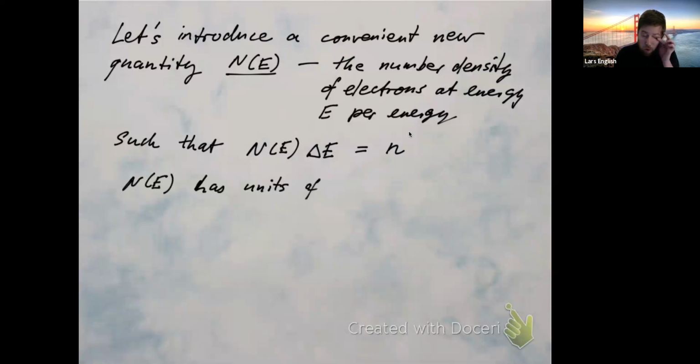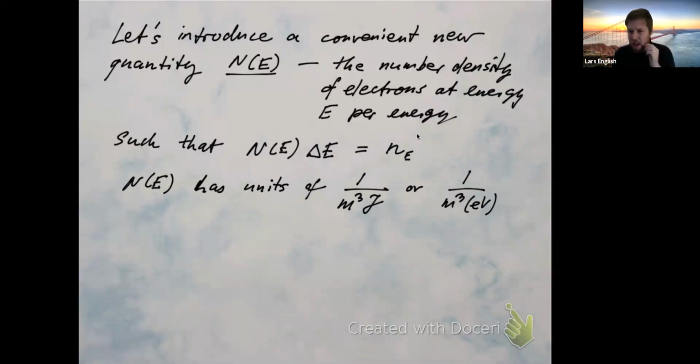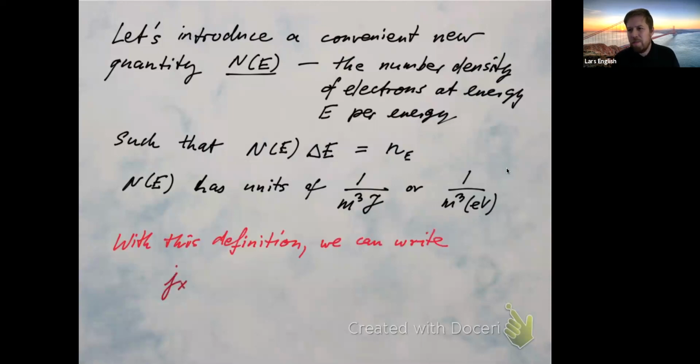Okay, so what units does N of E have? Well, it has units of 1 over meters cubed per joule, okay? So it's not just a pure number density now. A pure number density, little n, would have just 1 over meters cubed, or 1 over a centimeter cubed. But here, we have to remember that this is also per unit energy still. Okay, so we have the joules here, or the electron volt here in the denominator as well. Okay, so with this definition, or with this choice of N of E, then we can write